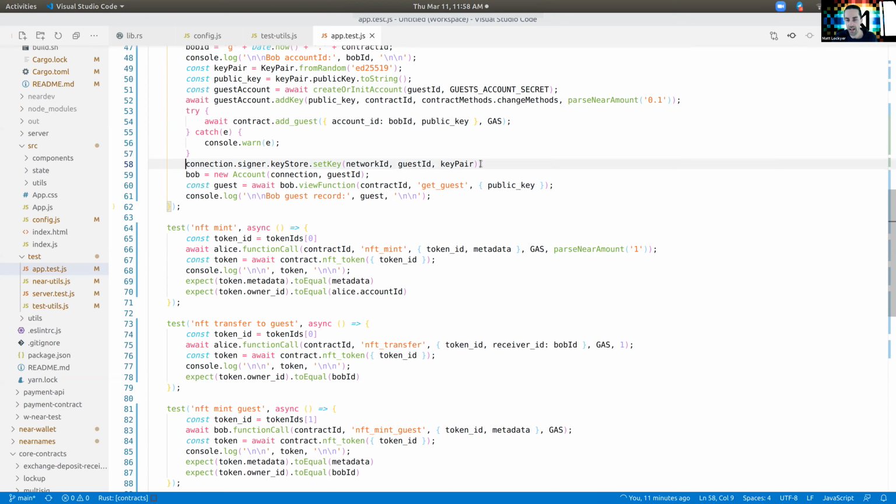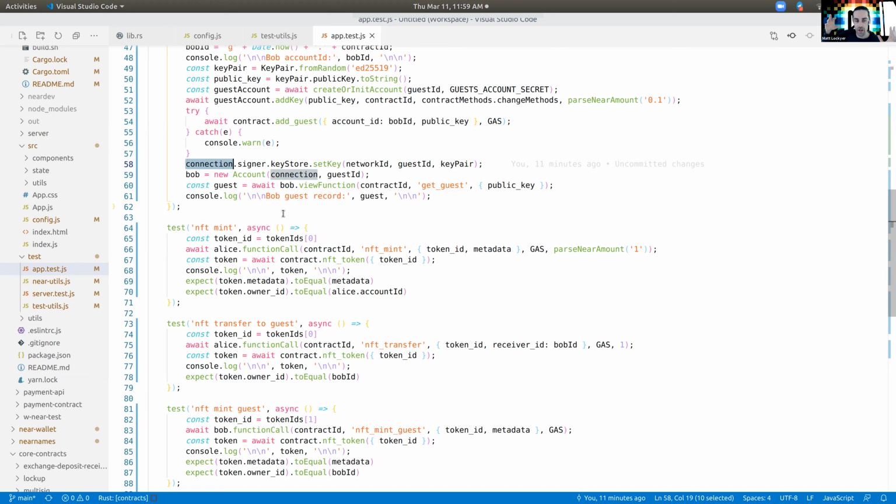We probably should have a helper function for this, but basically this connection variable here is the current instance of my connection to the NEAR blockchain. So when I go to sign a transaction, like add a key or call this contract method, a function call,